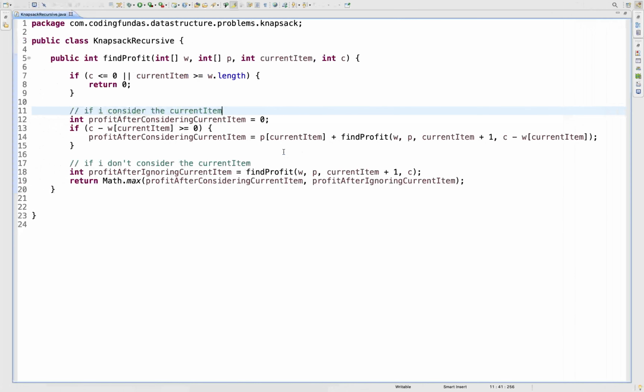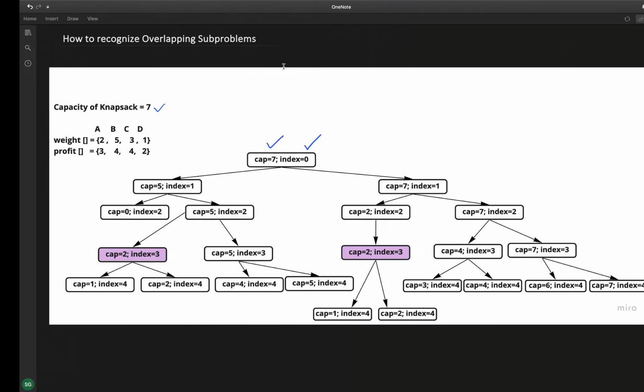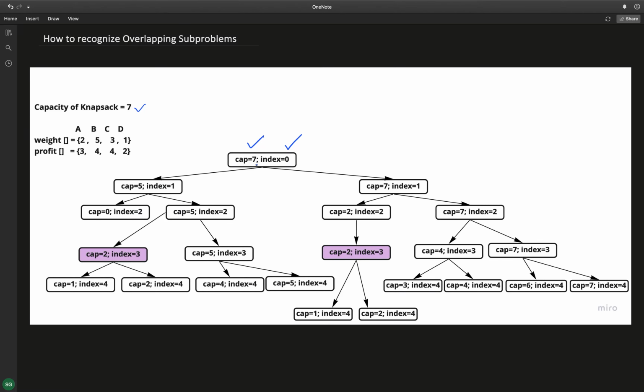In the code I have named the variable current item, so this is basically the same as index. Now we'll start with this initial state. Every time we go left, it means we are selecting the item at that particular index, and every time we go right, we are rejecting the item at that index.